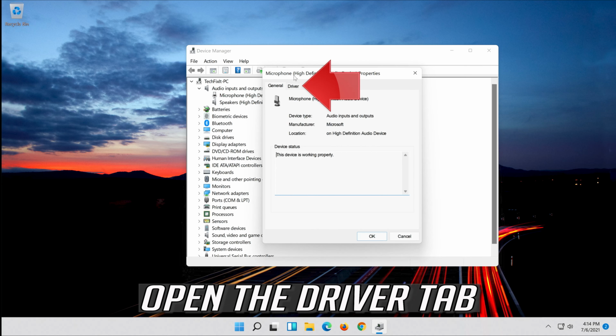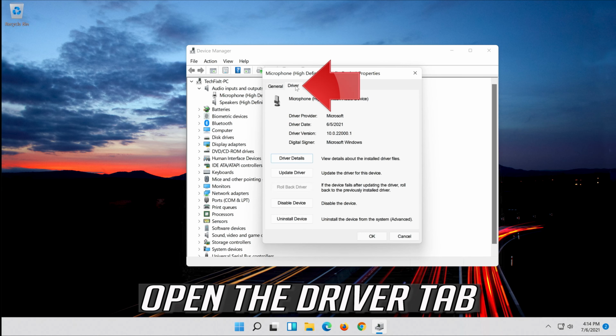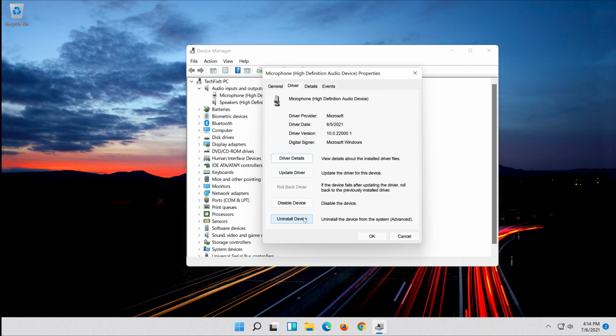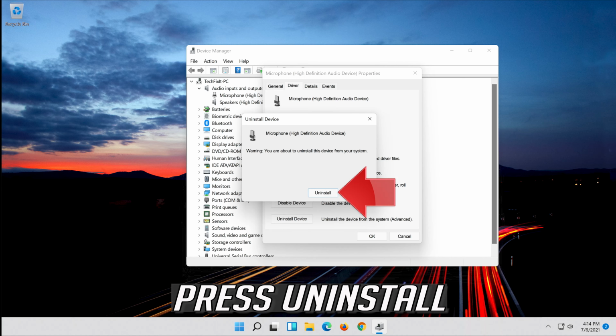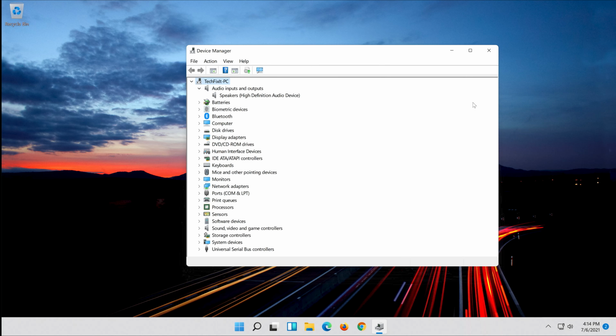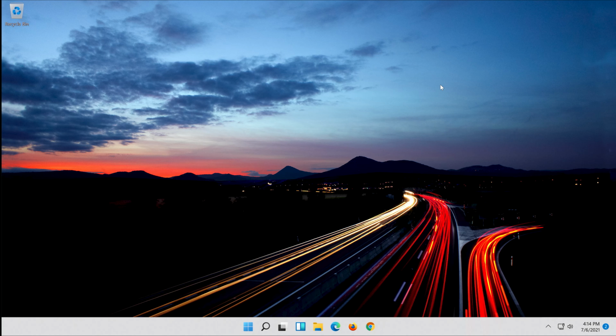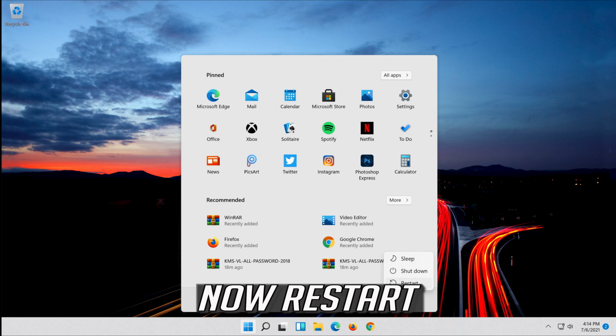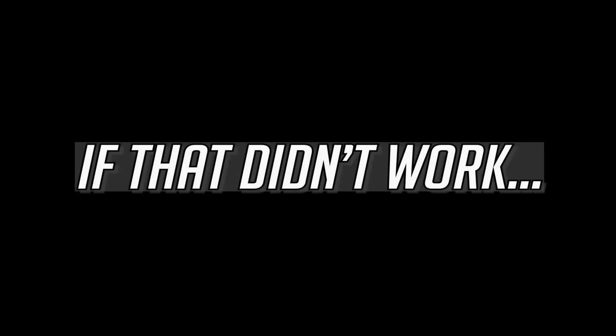Open the Driver tab. Click on Uninstall Device. Press Uninstall. Now restart. If that didn't work,